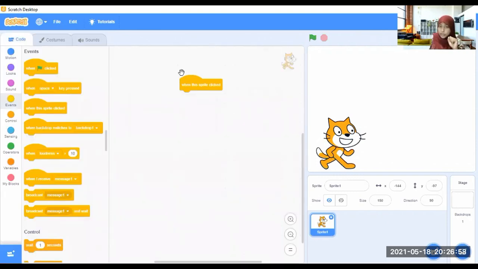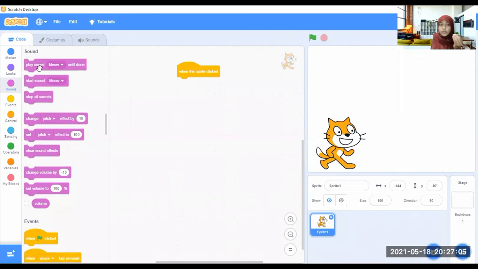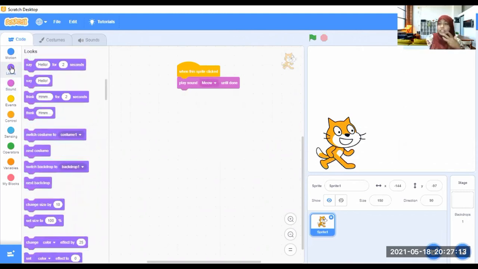Okay. Now let's start to script the cat. When I click on this sprite, it should make a sound first. It should meow first. And then it should greet you.